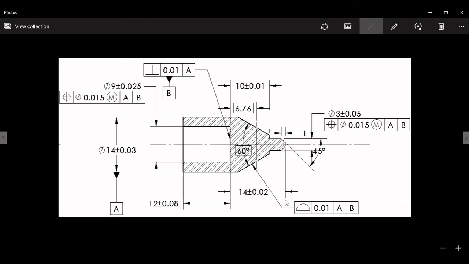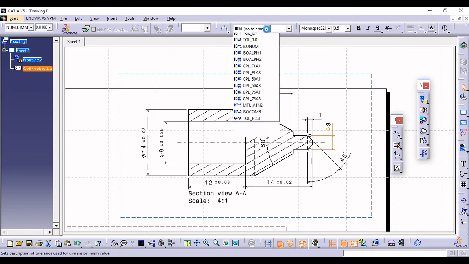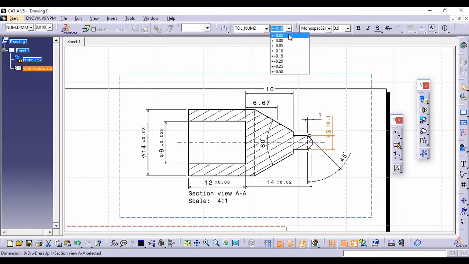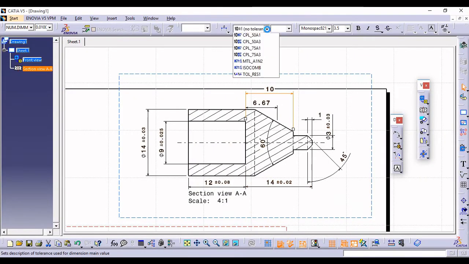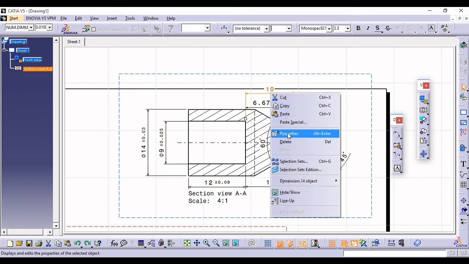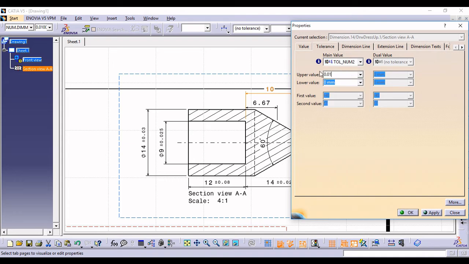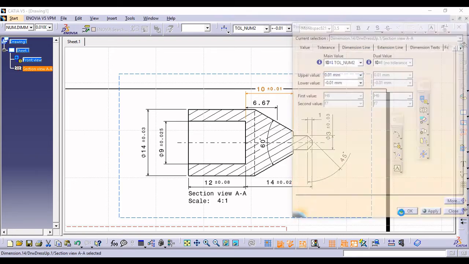So in this way we can come up with this. Yeah, 2 are remaining. For 3 it is 0.05, and for the other 3 it is 0.03. Okay, done. And for 10 this is 0.01, for 10 this is 0.01. Okay, so give it a right click, properties, first 0.01 and minus 0.01, apply, okay.